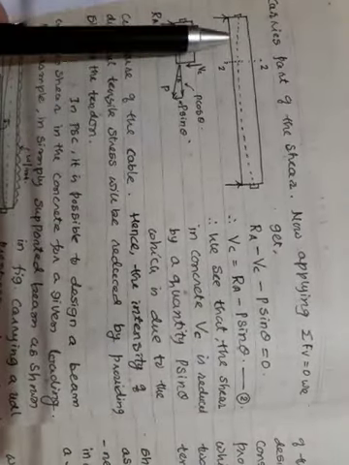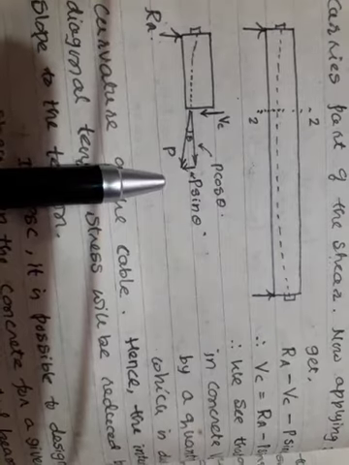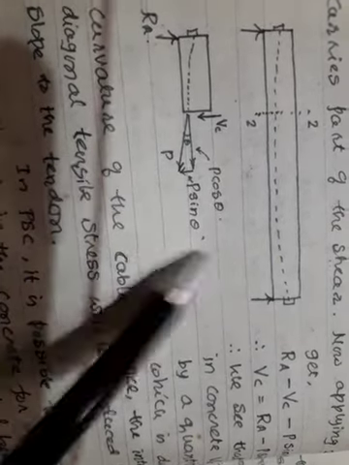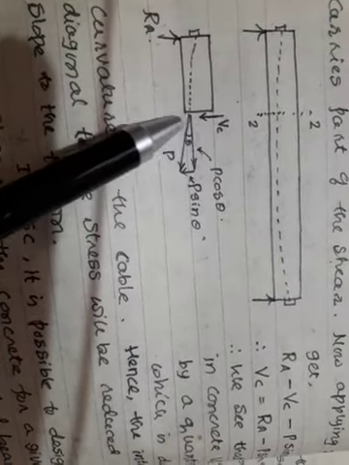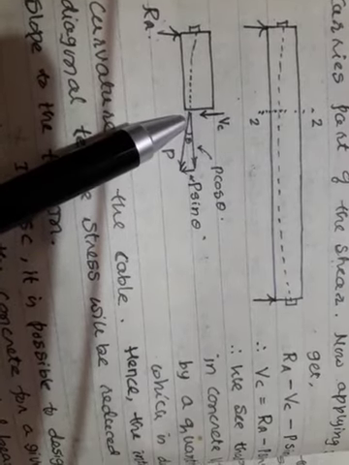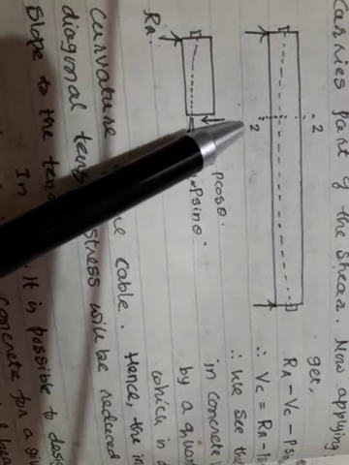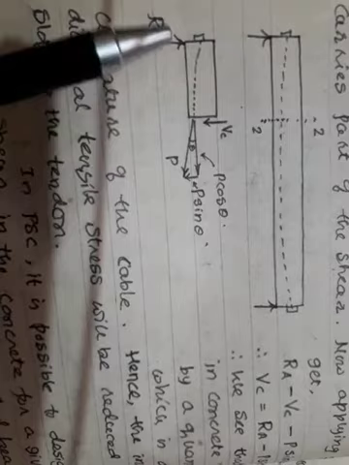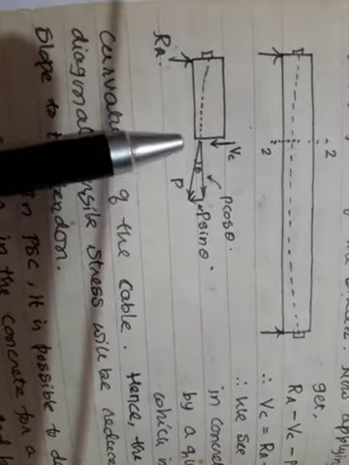I have resolved this prestressing force, P, into two components, P cos theta and P sin theta. Vertical is P sin theta. And as usual here, the vertical shear force carried in the concrete, I have shown it as Vc. But now I am going to apply the same